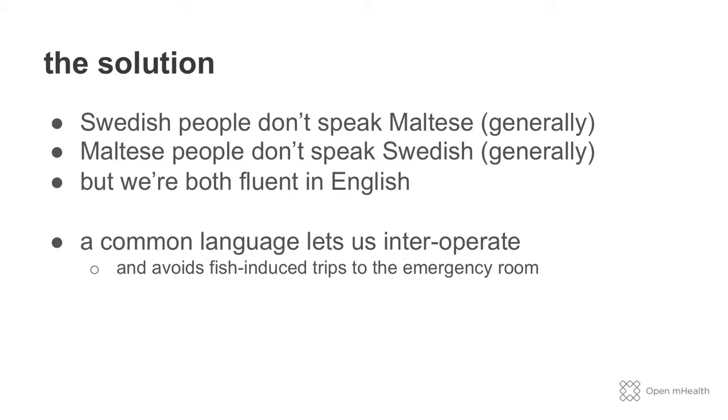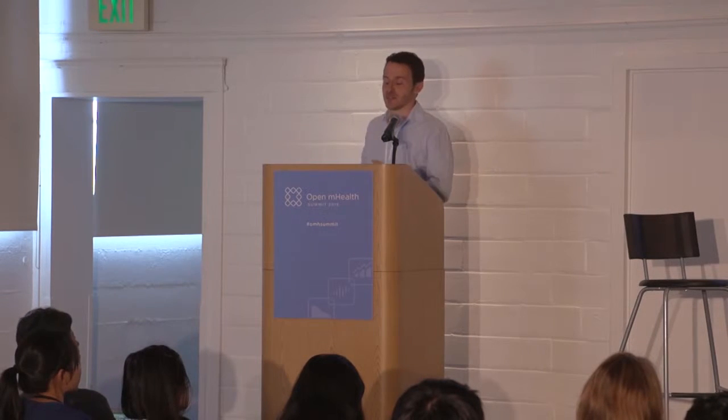Now, that's a language problem. I am from Malta, and I don't speak Swedish. Swedish people don't speak Maltese. But we're both fluent in English. And the reason is that in Malta we get education in English in elementary school, as they do in Sweden. So somebody from a little tiny island in the Mediterranean can communicate perfectly well with somebody from a huge country in the Scandinavian states. And the reason we can do that is because we have a common language.